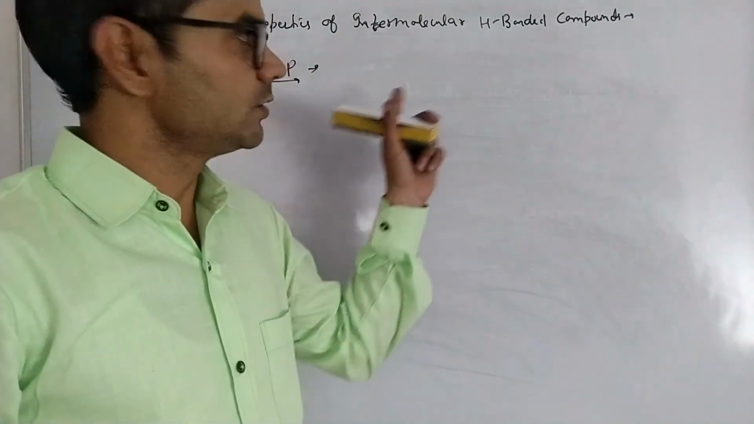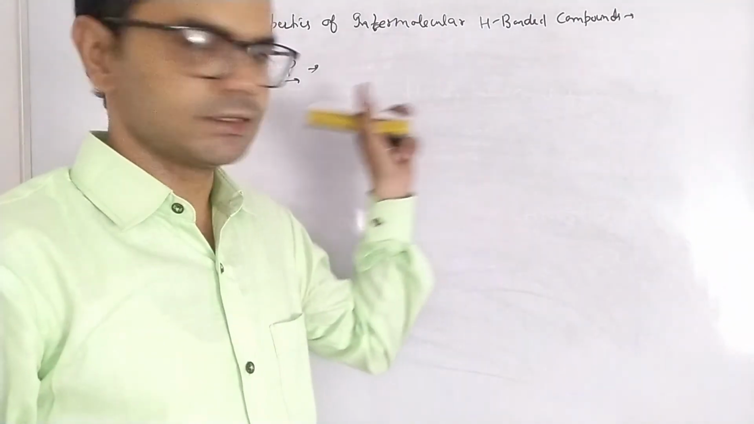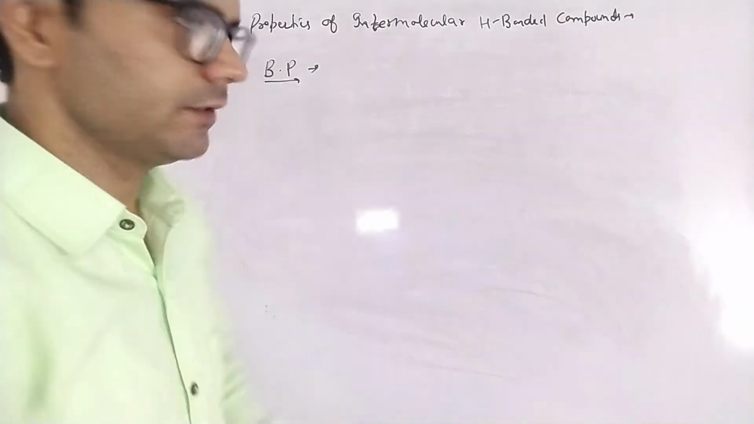Next is the boiling point. The higher the number of intermolecular hydrogen bonds, the higher is the boiling point. For example, we have